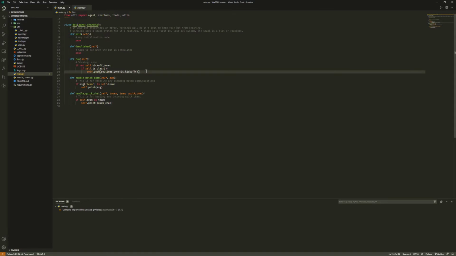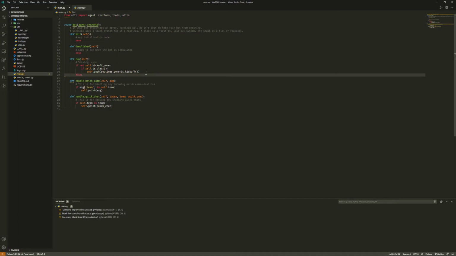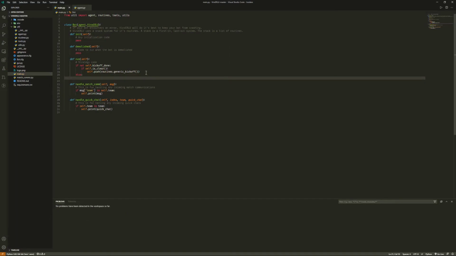And then once that routine generic kickoff is done, the kickoff done variable will now be true. So then we can do our else statement, and here is where we will run our code while we aren't doing our kickoff. And is clear just returns if the stack is empty,